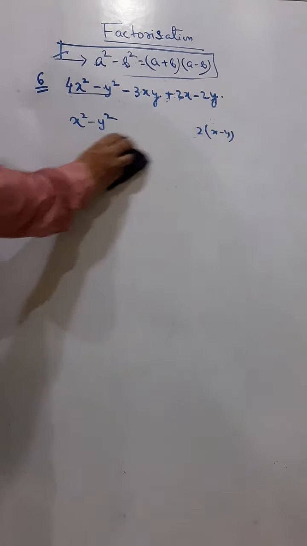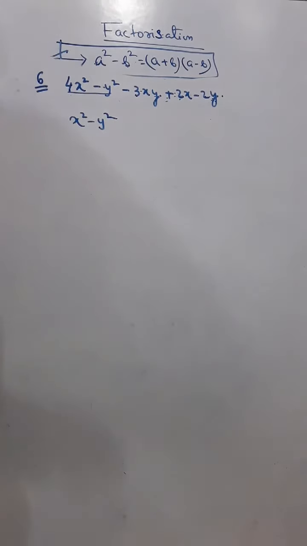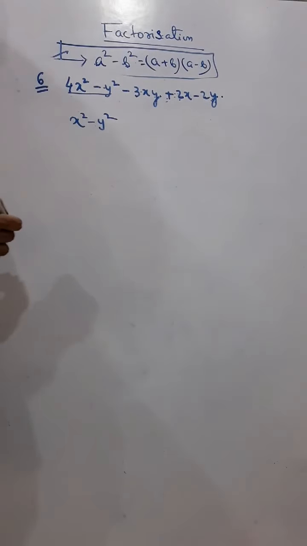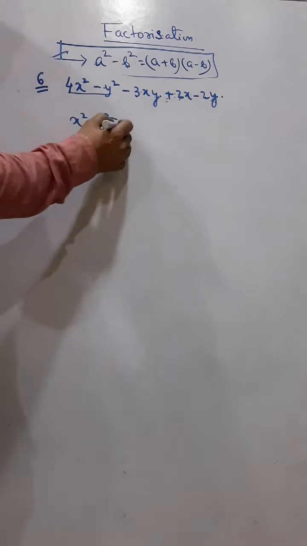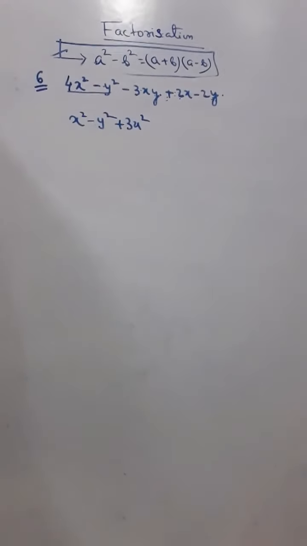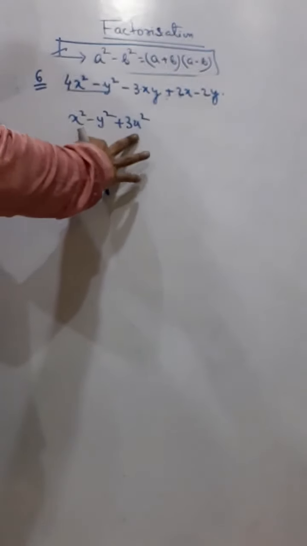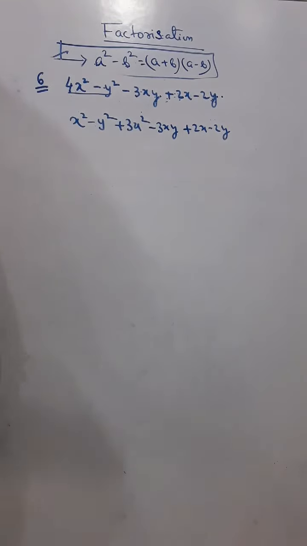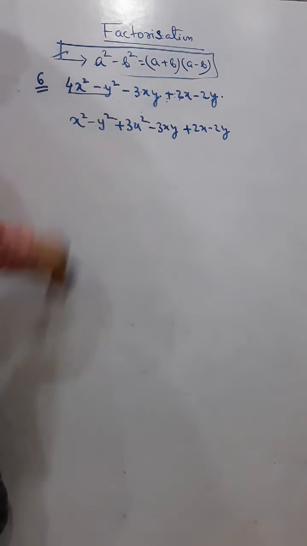But simply I cannot write this into this. I have written 4x times x square minus y square. Now here was actually 4x square. I have written x square. So I can write one 3x square here. So I was searching for one 3 at least. So this 4x square is written in this split form. So now 3x square and minus 3xy. And then plus 2x minus 2y. Understand? So this is your intelligence. You have to think. Some sums you have to use. So therefore practice is needed.